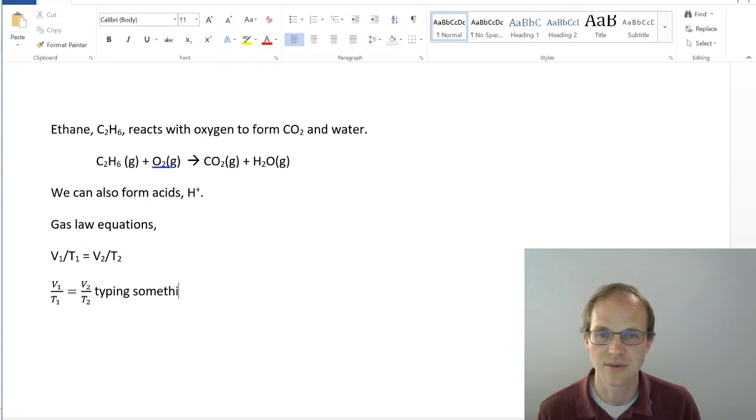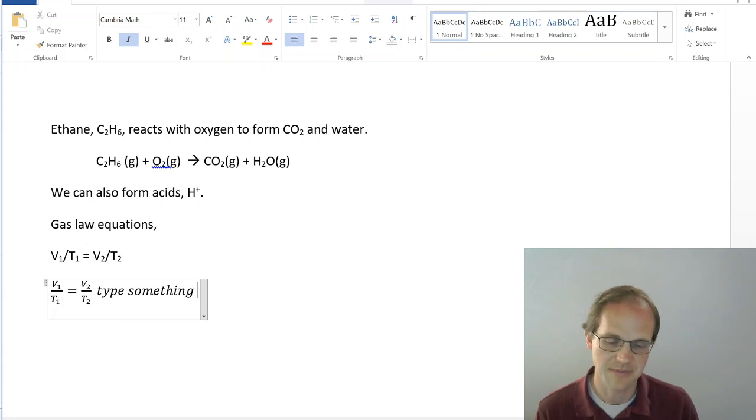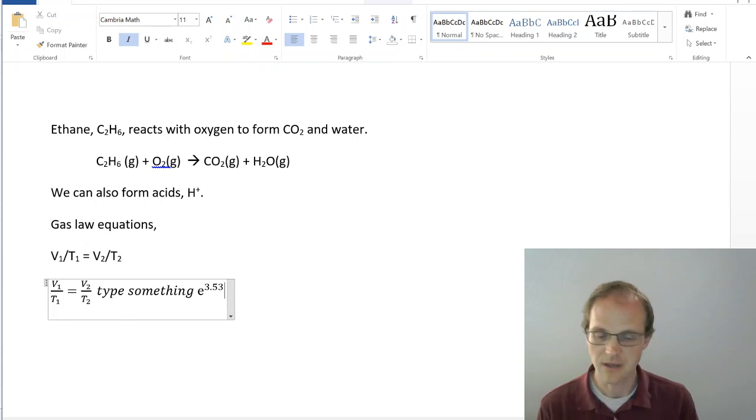So if I wanted to type something in there, I'm going to go back into my equation. You know you're in the equation when it gives you that little box outline. Right now I'm outside the equation. I left arrow, I'm now inside the equation. And I type something, and then I can do more equations, which is, you know, exp, oops, e to the 2.53, right? Oh, so I just showed you something.